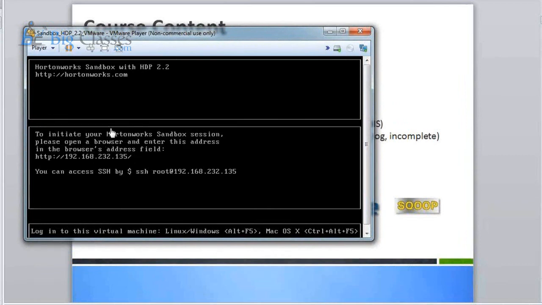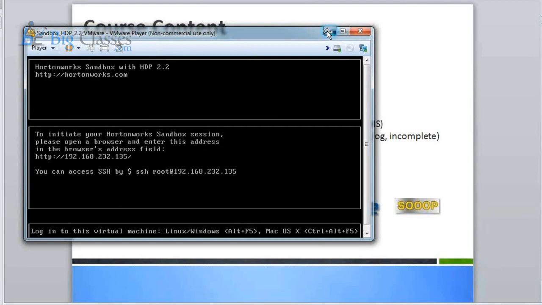It's pretty straightforward. Your laptop should have at least 8 GB RAM, at least 100 gigabytes of hard disk, and at least a dual core processor. If that is there, you can run a pseudo Hadoop environment on your laptop.